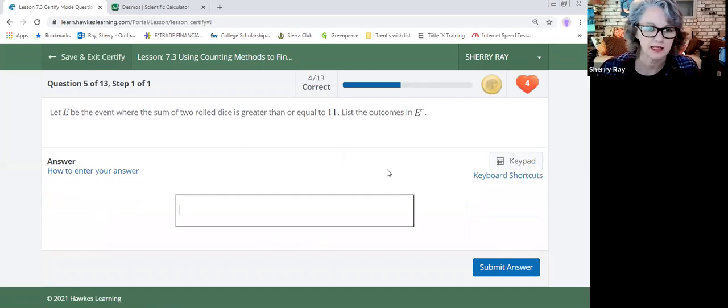Next one is: let E be the event where the sum of 2 dice is rolled, or the sum of 2 dice is greater than or equal to 11. So if you roll 2 dice,